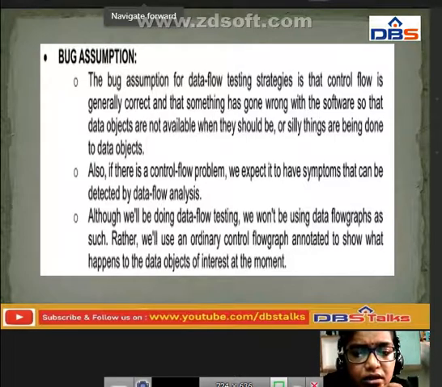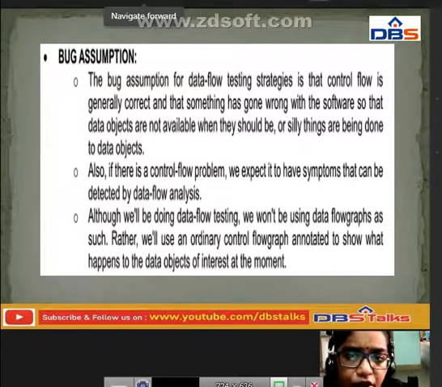The bug assumption for the data flow testing strategies is that the control flow is generally correct, and that something has gone wrong with the software, so that the data objects are not available when they should be, or something is being done by the data objects. See, suppose you assume a bug in that particular data flow testing strategy, we have to control that flow. In the testing process we have the flow simultaneously.